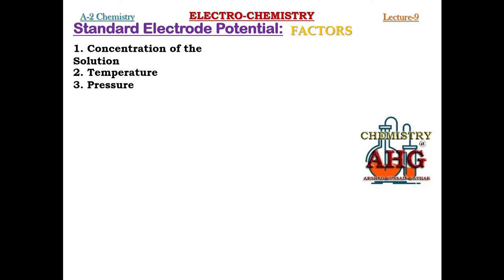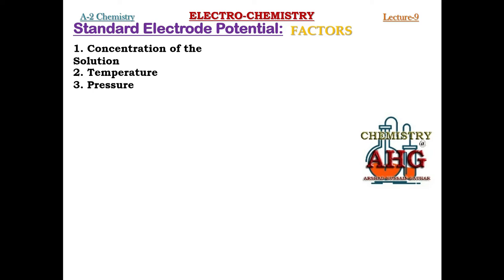So you must remember there are three factors that can change the numerical value of standard electrode potential for any half cell. Now I am going to tell you a very simple trick how you can remember the effect caused by these three conditions on the numerical value of standard electrode potential for a given half cell. Whenever we change any one of these three conditions, either concentration, temperature or pressure, either oxidation or reduction is favored. Why is it so? Because electrochemistry is based on an equilibrium, and that equilibrium is redox equilibrium. If in one direction reduction takes place, in the opposite direction oxidation would take place.